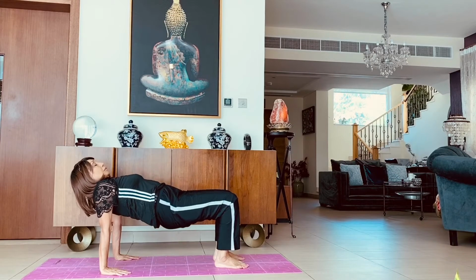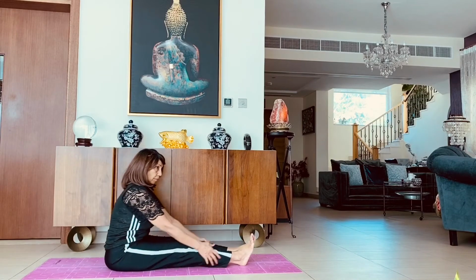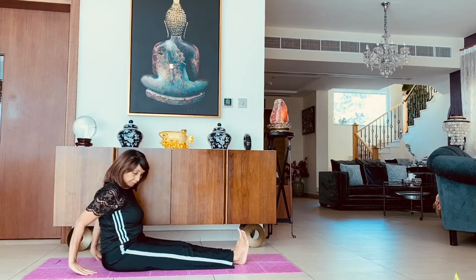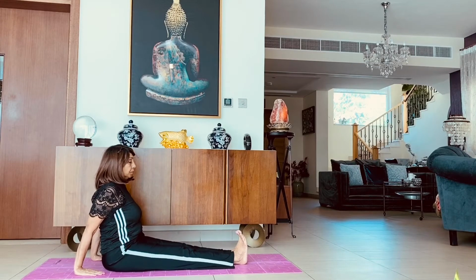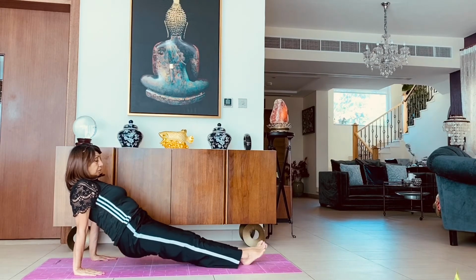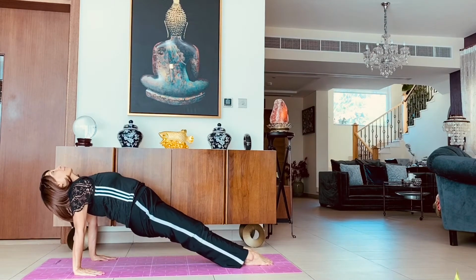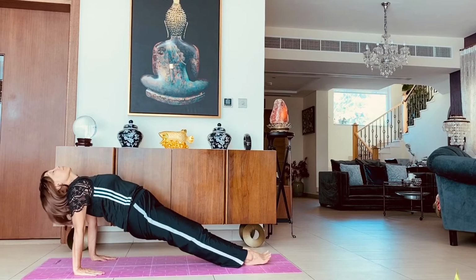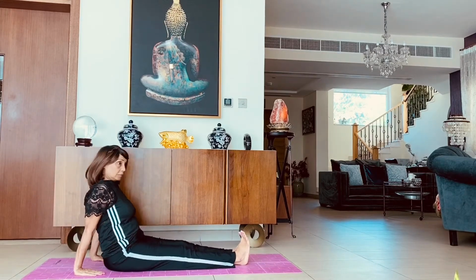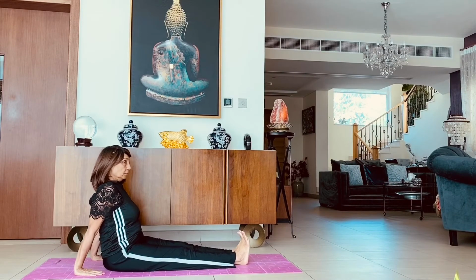Come back with your staff pose, and now we'll be doing the inverted plank. So here, put the feet down and take the whole body up. Head is tilted, straight up. And since this was a back bend, we will go back into a slight counter pose to have